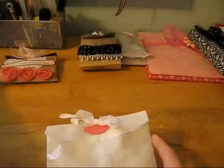really pretty. And by the way, the Glassine bags I got also from Roxy. She was offering 2 sizes, and I got this size. I think this is like 4x5 or 4x6, but I'm not too sure on